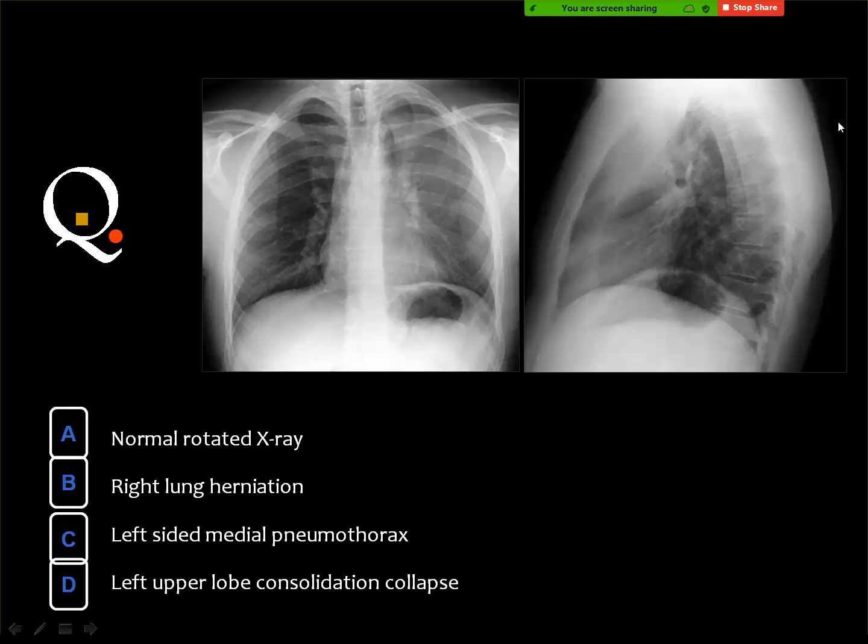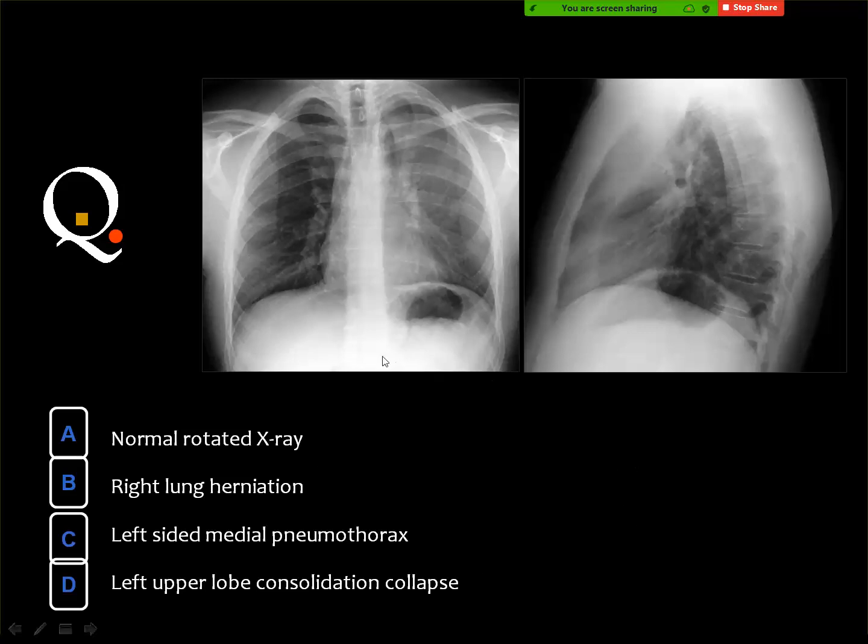Okay. Then this patient had an opacity on the left side. Do you think that this is a rotated X-ray, right lung herniation, left-sided medial pneumothorax, left upper lobe consolidation collapse, or elevation of the left hemidiaphragm? Okay. This is right, left upper lobe consolidation collapse